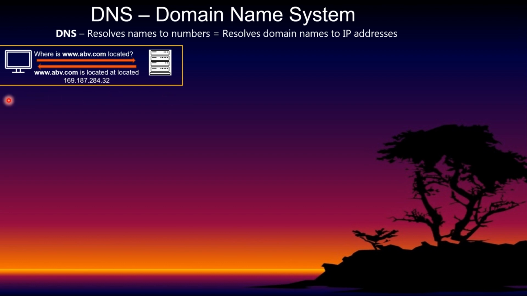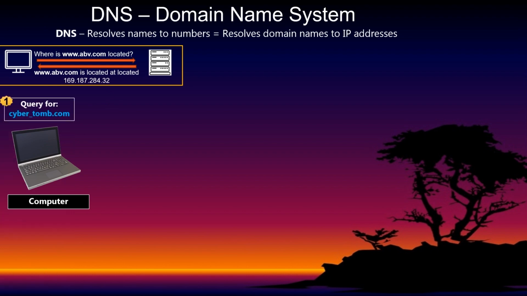So we type abv.com in our browser, and this query goes straight to the DNS server, and we're asking the DNS server, hey, do you know where abv.com is located and what's the corresponding IP address? And the DNS server will respond with the IP address. So let's see now in more detail how it actually works, because it's not as simple as this. So imagine we're querying the site